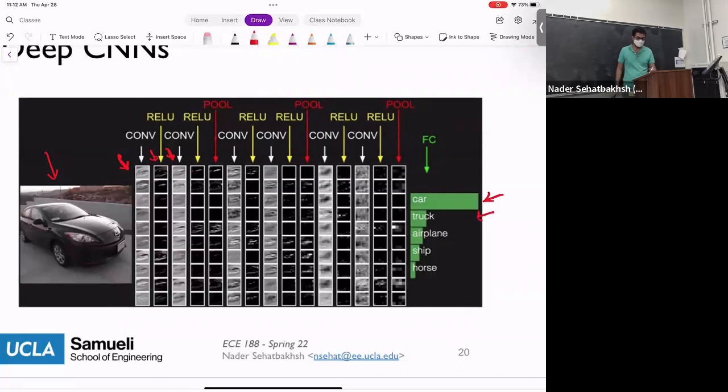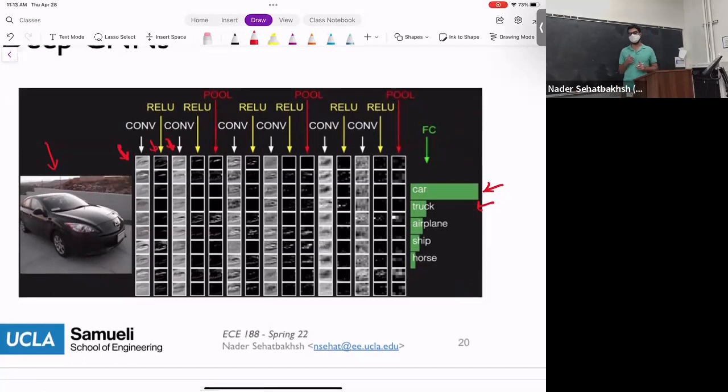Let's say, for example, in this case there are 5 different classes: a car, a truck, an airplane, a ship, or a horse. And hopefully, if your system works well, it can output the one that is closest to what you want. Okay? And this could be very deep. You see that there are lots of convolutional layers, lots of neural networks, lots of ReLUs, lots of pooling, and so on. How do we create that? That's a separate story, but generally that's how it works.